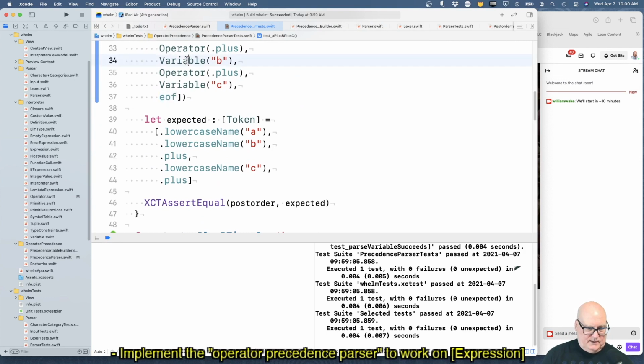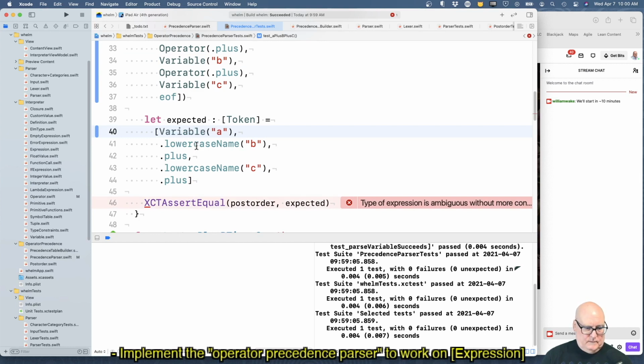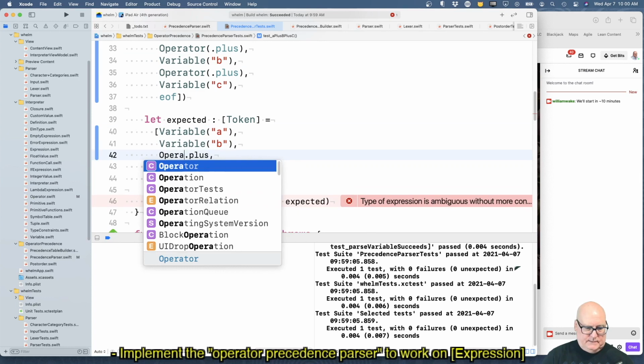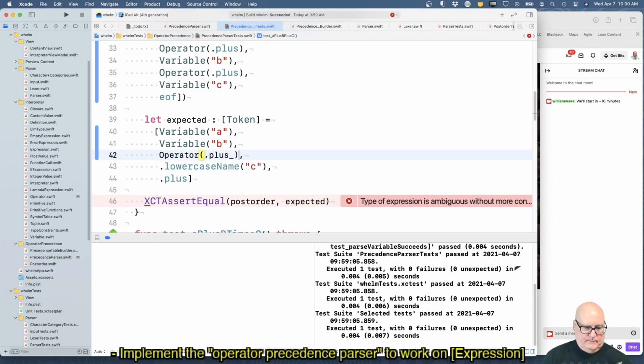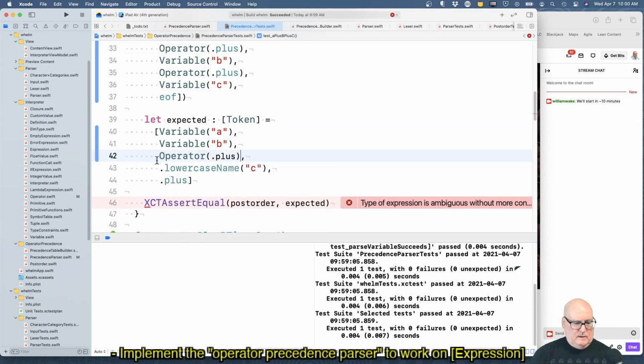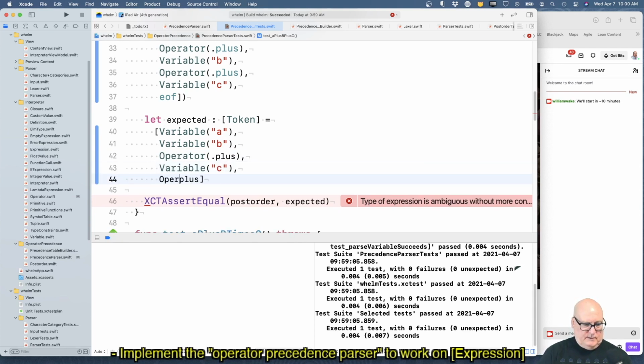But then here, A, B plus, and then variable C, and then operator plus.